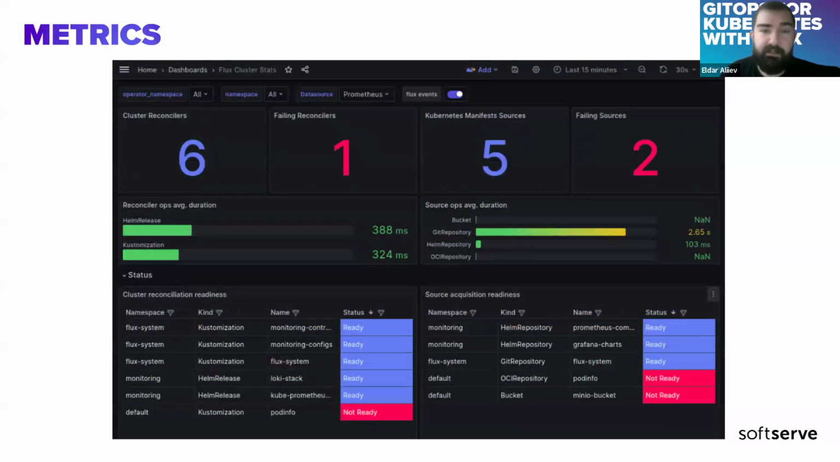And this is like the second example. Yeah, so like how many clusters were reconciled, how many manifests, how many sources, and the locations of these sources. So this dashboard is pretty detailed. So I had a chance actually